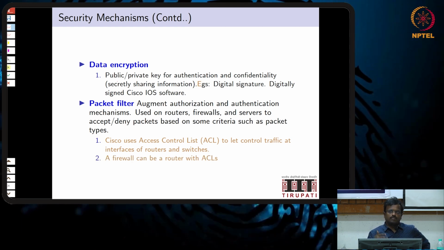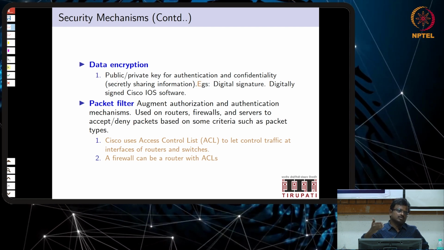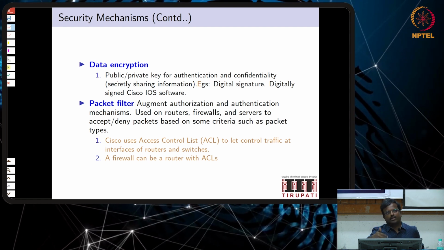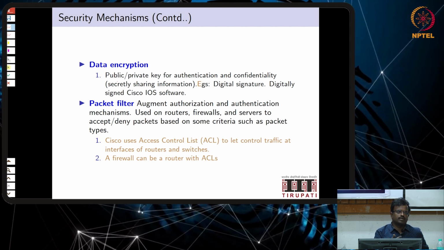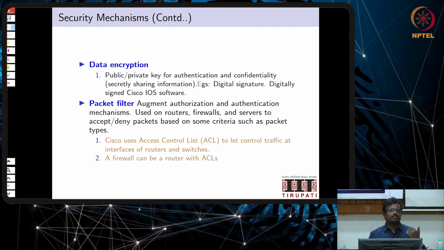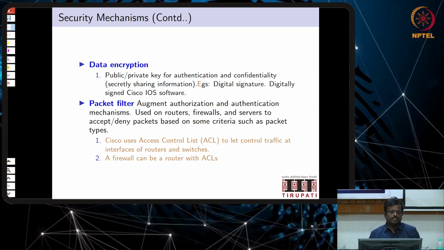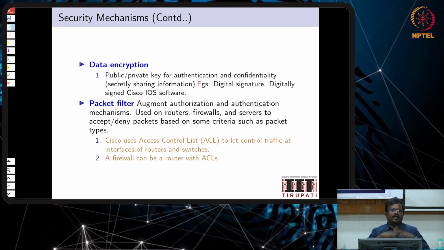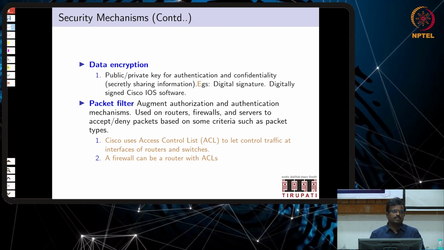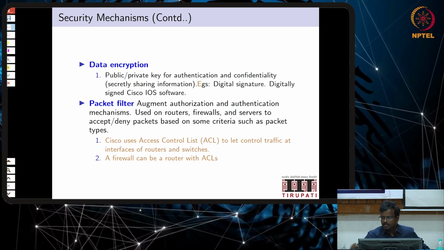Firewall, you might have heard. A firewall protects everybody because any traffic that goes out has to go through the firewall, and any traffic that comes in has to come through the firewall. So there you put the policy. If it is a student, you want to block any packet that goes to Facebook, you can do that in the firewall. You can think of it as an enhanced version of the packet filter. Basically, packet filter is one of the mechanisms used in a firewall. Okay, so